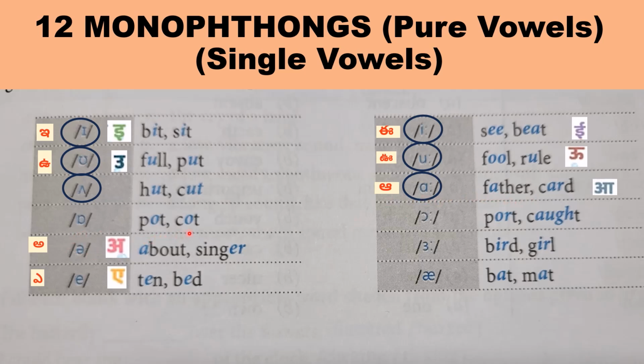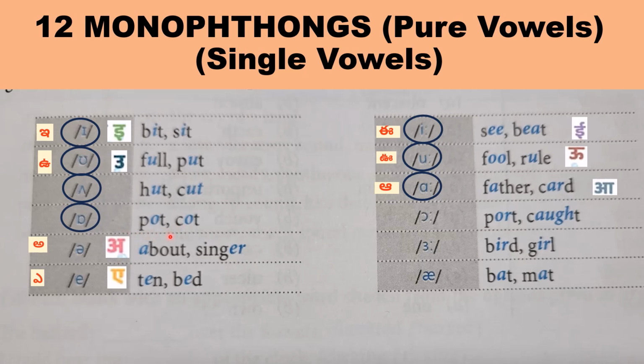Next comes POT and COT. Here the O gives a sound of awe. Okay, awe means you have to round your lips. Your mouth should be like a circle, students. Then when you produce pot and cot. So this is the symbol pot. All of you have to repeat, students. When you repeat only, you will learn these